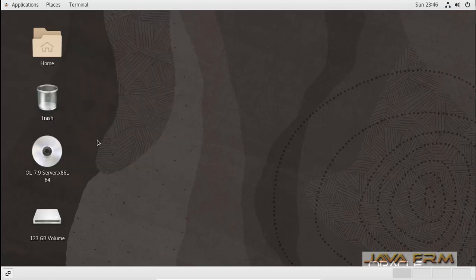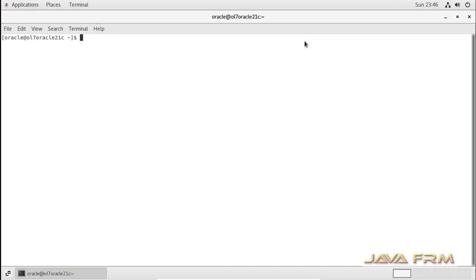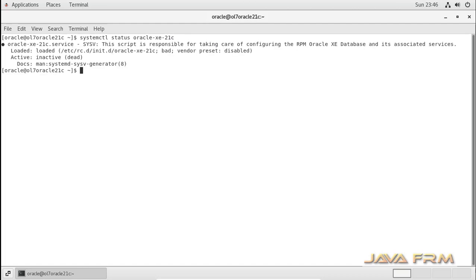So I am opening the terminal here. First I am checking the status: systemctl status oracle-xe-21c. Okay, you can see that Oracle is not started here.